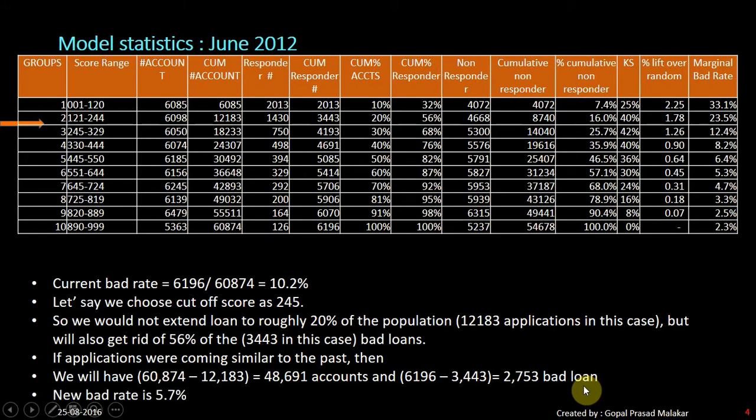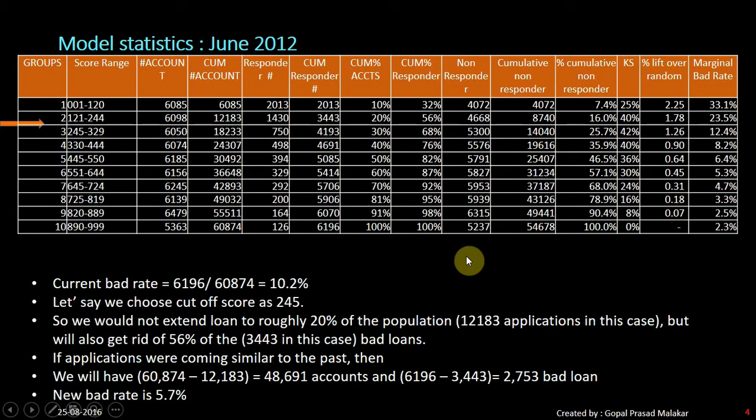That will give you a bad rate of 5.7%. Now, by just not extending loans to 20% of the folks, your bad rate goes down from 10.2 to 5.7%, which is roughly a 45% decrease, which is a big thing.